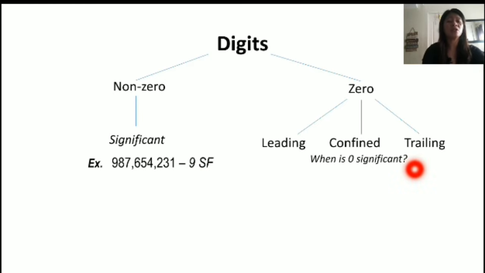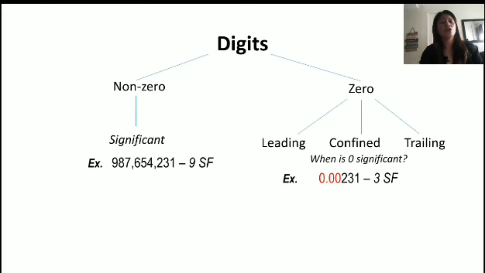For the zero digits in measurement, it depends on the position of the zeros. We have three types of zeros in measurement: the leading zeros, confined zeros, and trailing zeros. Let's take a look at these examples. So for example number 1, we have